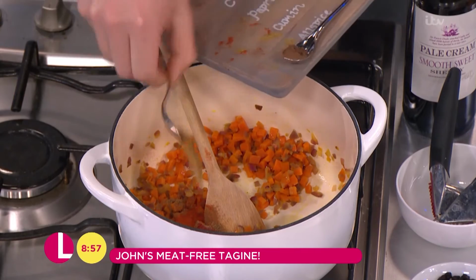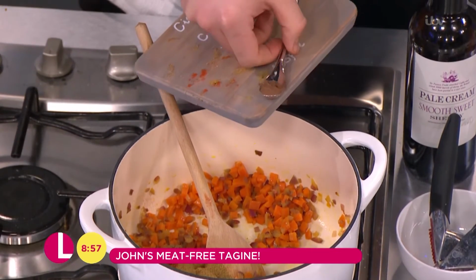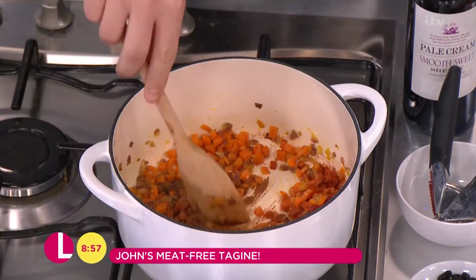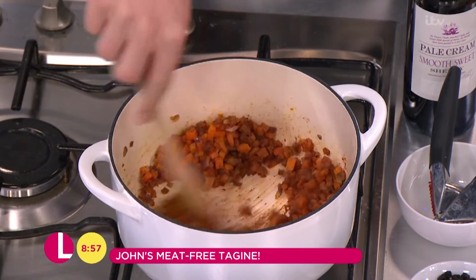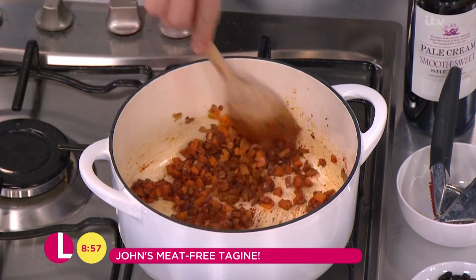Some cumin. So coriander and cumin are the main two, sort of the holy, well, not trinity because it's only two, but the best couple for a tagine. And then some allspice, which is actually a berry. It comes off a sort of berry tree. It's gorgeous. So it gives that sort of haunting tagine flavour. So in with the spices and stir those around. The key here is to cook your spices out for a good minute. Obviously, we don't have time to do that, but give them a stir over the heat for a good minute,